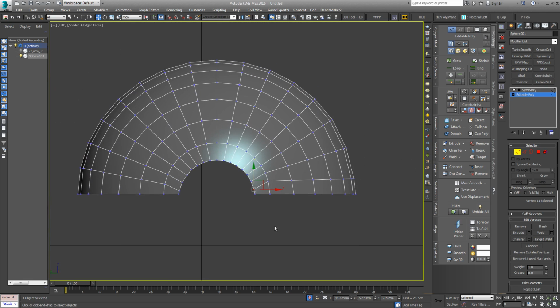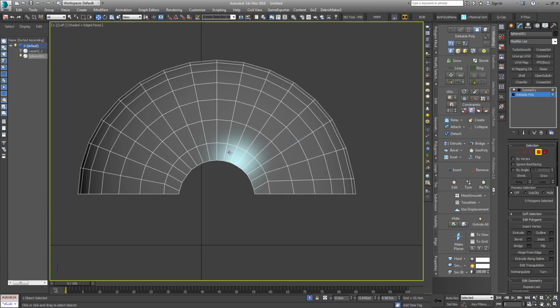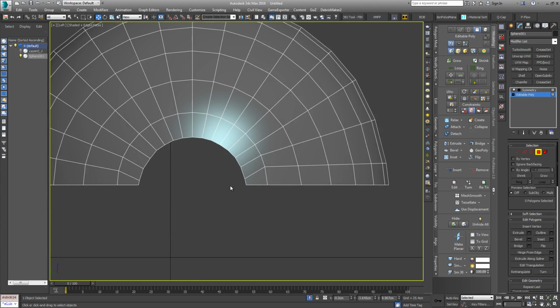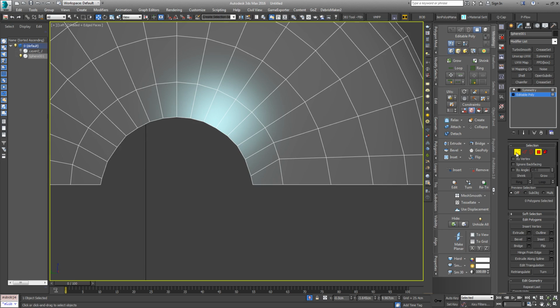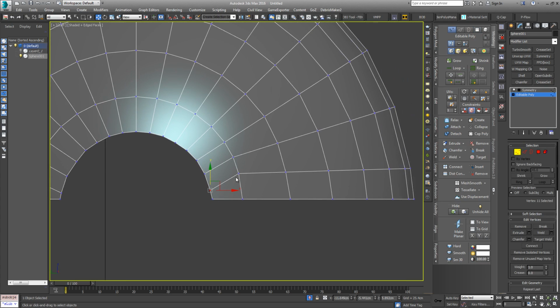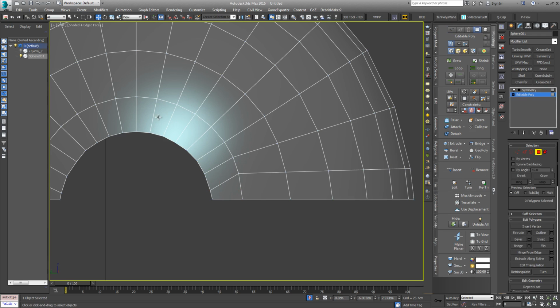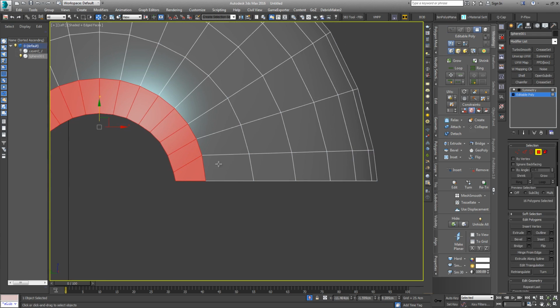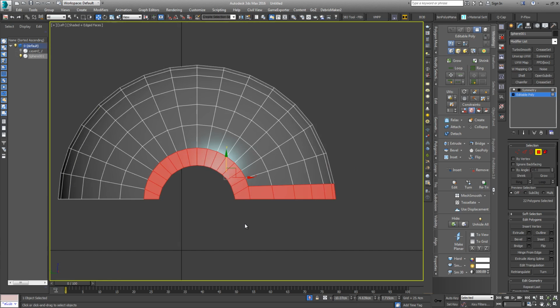Right, so with that in place now, I'm going to select this edge loop here. And one thing we could probably do there is just to maintain a continuous loop here. When I add in these edge loops I'll show you, but for the moment, if you just click on a face and then shift click, grab the loop, and then control click to add to the selection, and then shift click again, and you can see here it's not quite parallel, but it doesn't really look parallel either on